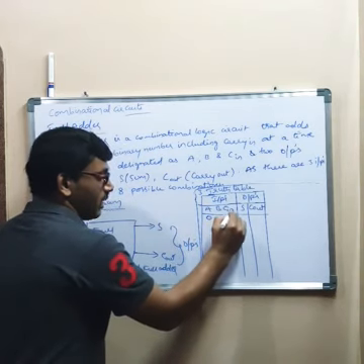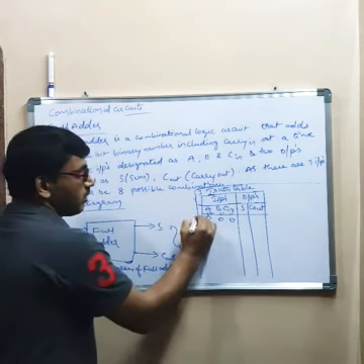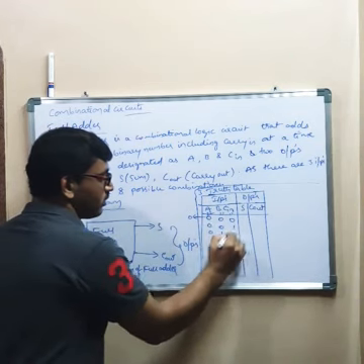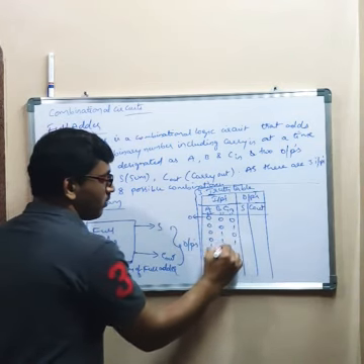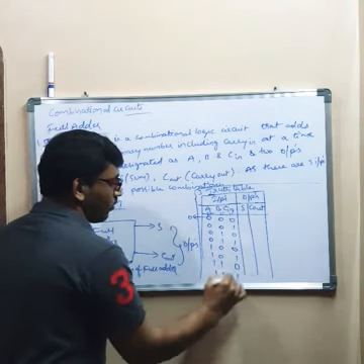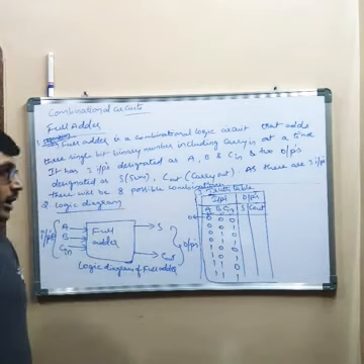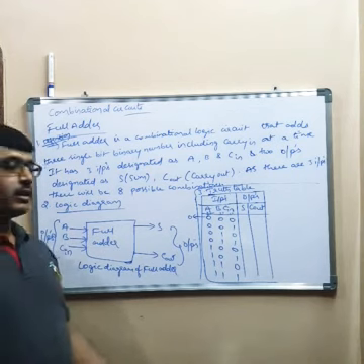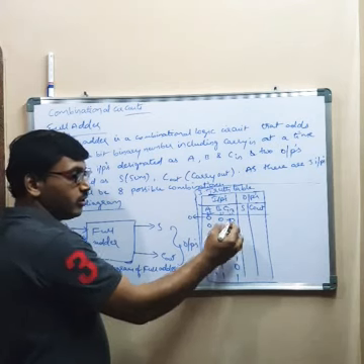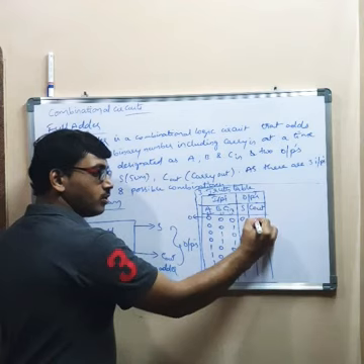They are 0, 0, 0, like 2 power 0, 2 power 1, 2 square. The values are 0 0 0, 0 0 1, 0 1 0, 0 1 1, 1 0 0, 1 0 1, 1 1 0, 1 1 1. Right? Now let us see how we are writing the outputs, just adding. If you add 0 plus 0 along with carry in bit 0, what is the sum? 0. What is the carry out? 0.